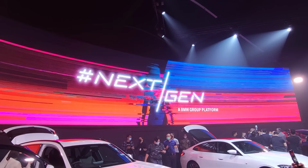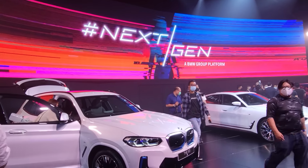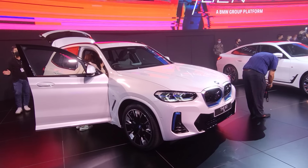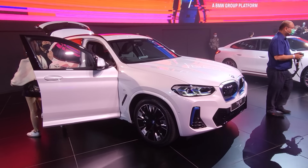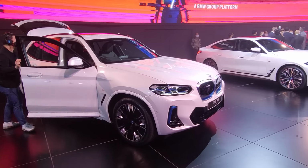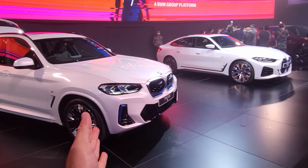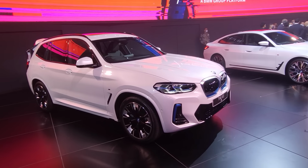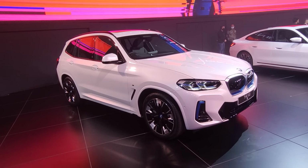Okay guys, I'm at the event by BMW called Next Gen, right? So it is at the heart of KL, right in front of Mandarin Oriental. If you want to come over this weekend, just come over here, or you can go to BMW's website to register, and then you can come in here because this is where they launch the iX3, the i4 and the iX this round. Alright, later on I'll go look at the cars in detail, but here I am standing